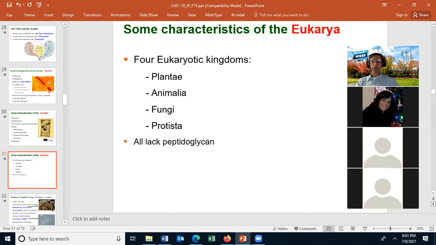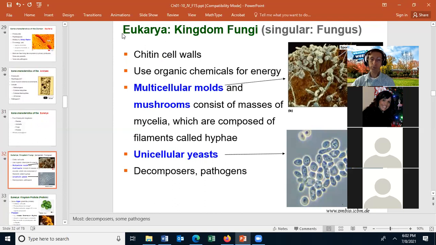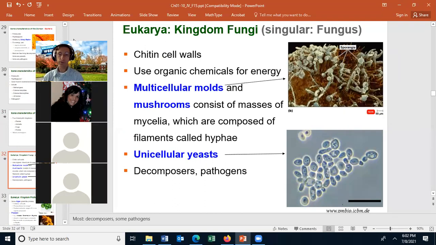When we talk about the eukarya, I already mentioned that we can split them into 4 kingdoms: the plants, the animals, the fungi, and the protista. You should also know that all eukaryotes lack peptidoglycan. Of course, animals don't have a cell wall, and peptidoglycan is found in the cell wall of bacteria. But that's true of plants and the protists. They also don't have